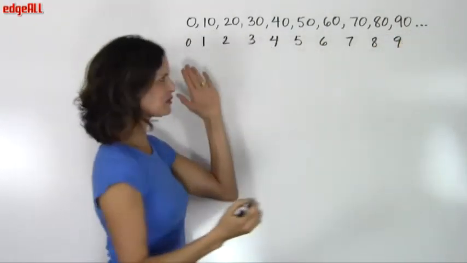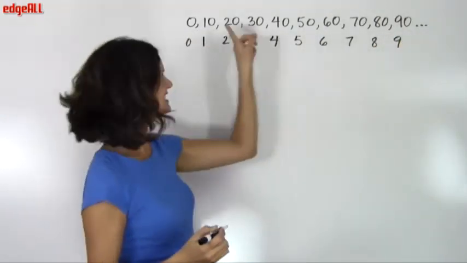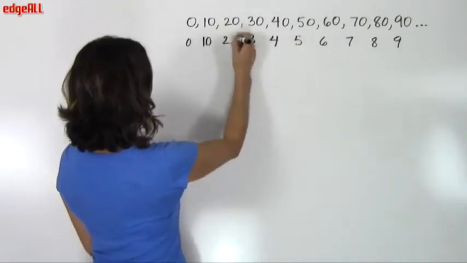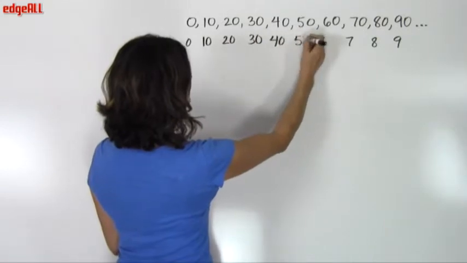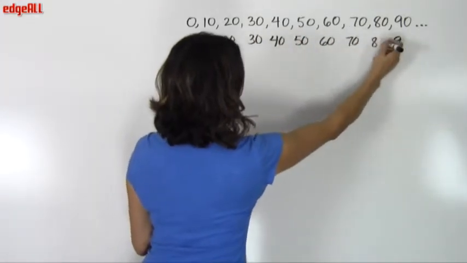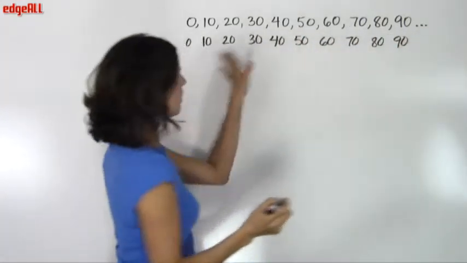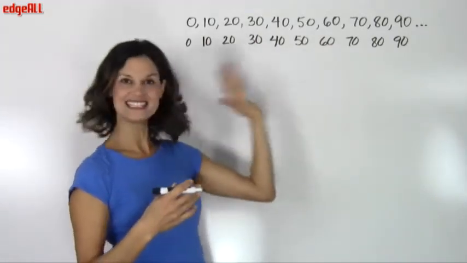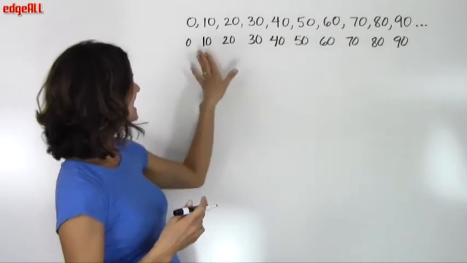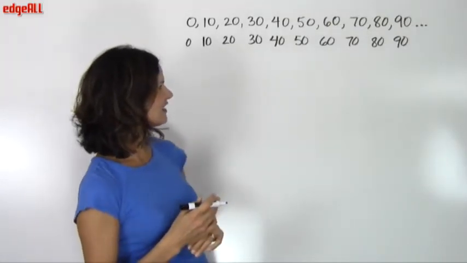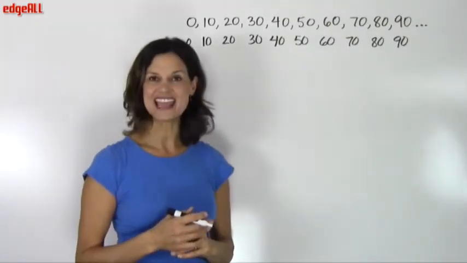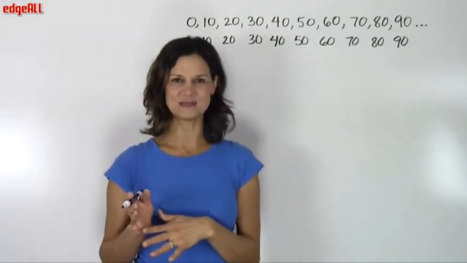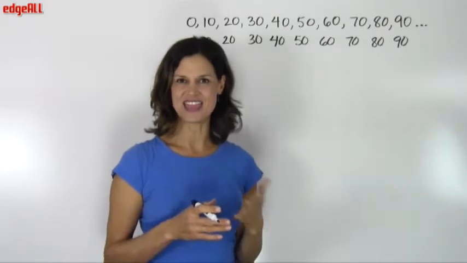8, and 9. So we're really just counting by ones in the tens place and attaching a 0 to the end. And if I go now and just attach a 0 to the end of all my 1 through 9, I can see that I end up with the tens again. My list of tens: 10, 20, 30, 40, 50, 60, 70, 80, and 90. So we're really just counting by ones in the tens place and attaching a 0 to the end of each